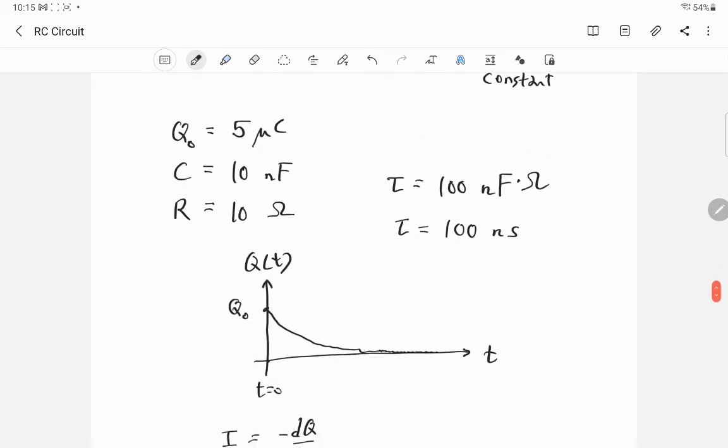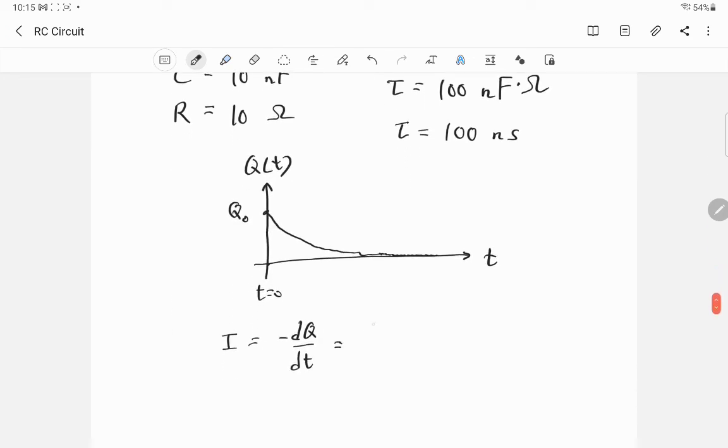So you get, equals, actually, let me do it fully. So it'll be d by dt with a minus sign of q of t, which is q naught e to the minus t over tau. And if you take this derivative, can you see you're going to get a minus 1 over tau with the minus sign